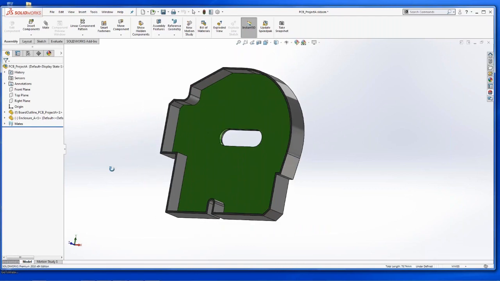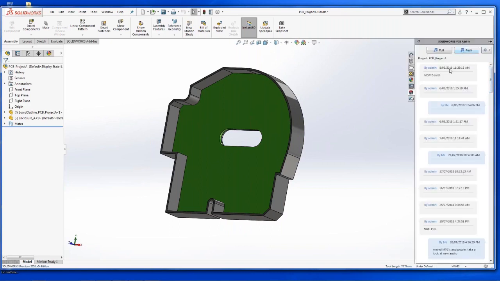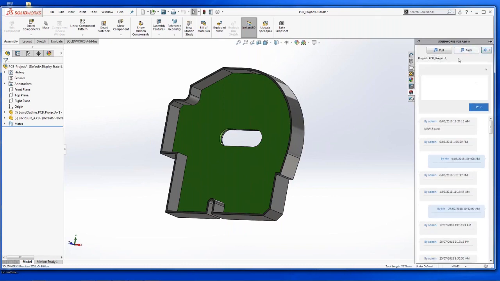Okay? So let's get those other remaining components onto the board and bring this back to that updated chassis for the next level assembly. So again, we just push. Again, there's that comment, had a new board, and all of the history. So we adjusted the outline,